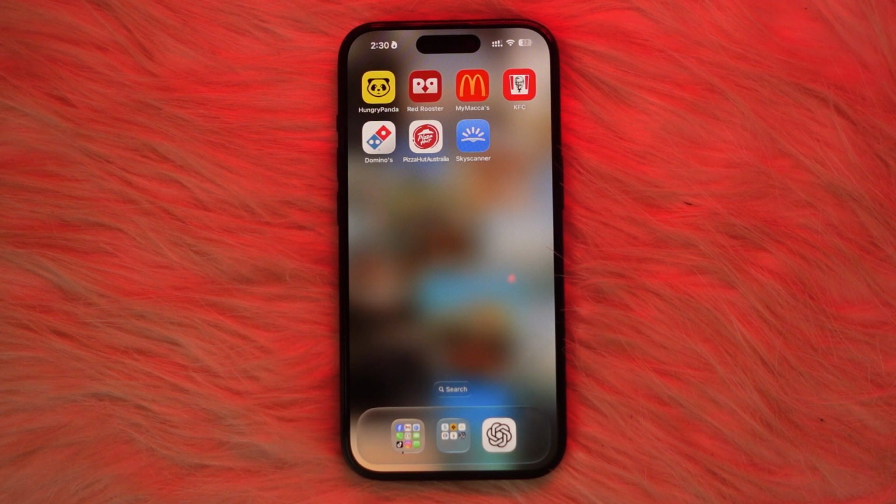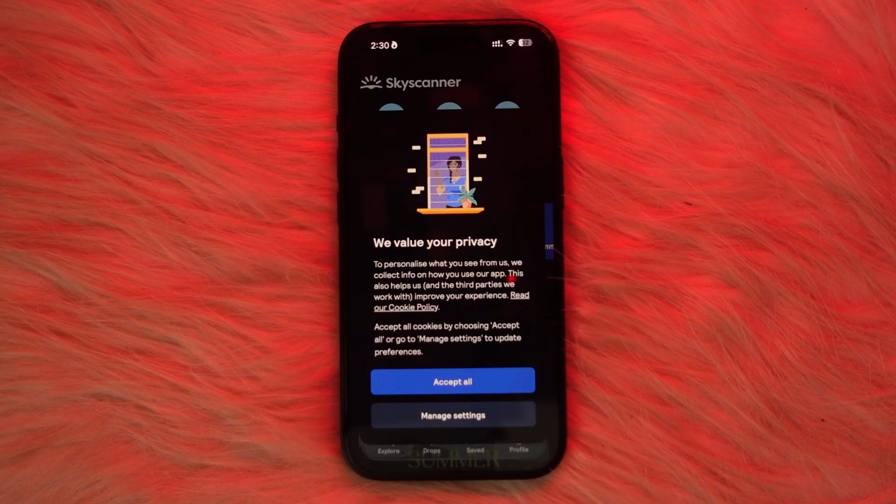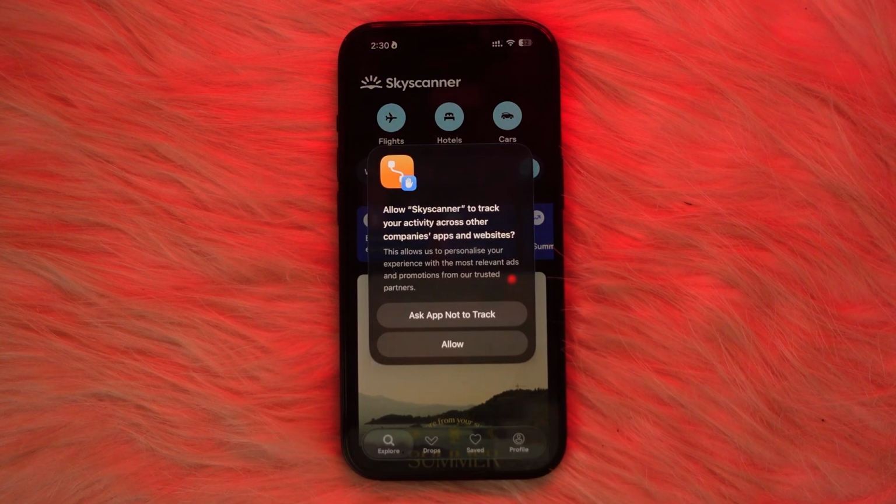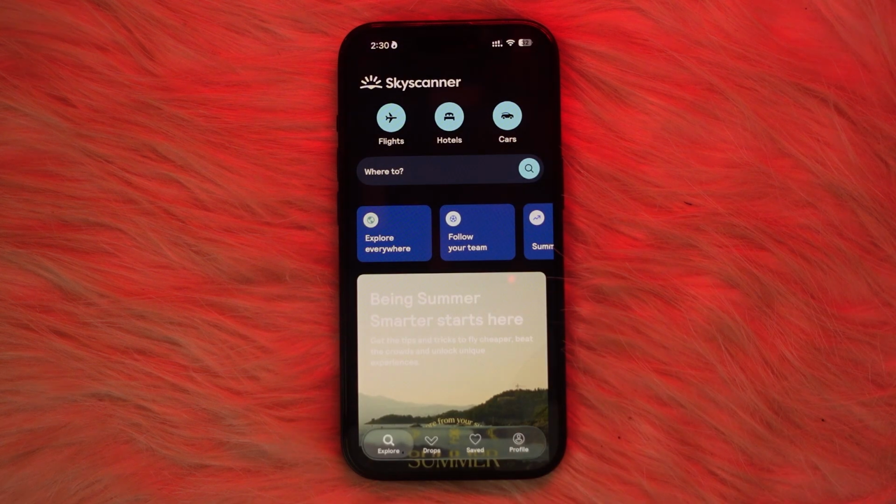How to log in to your Skyscanner account. First, you want to open the application and you'll see an interface which will look something like this. You want to accept all cookies and click on allow. By doing so, you'll be redirected to the home page, and here you can simply tap on this profile option